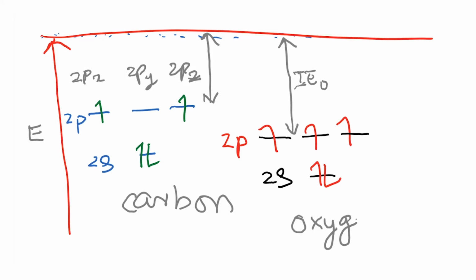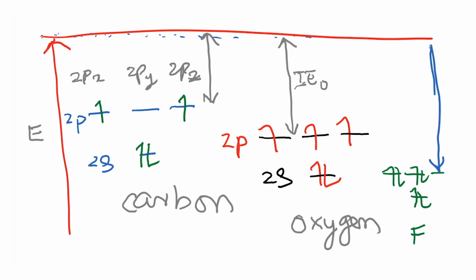Okay, and in order to complete this picture with whatever space that I have remaining, I'm just going to draw out the picture for fluorine. So fluorine is over here, right? So again, you have 2 electrons here, 2, 3, 4, 5. Okay, so the electronegativity of fluorine is substantially higher, and the ionization energy is also much higher than that of oxygen and carbon.